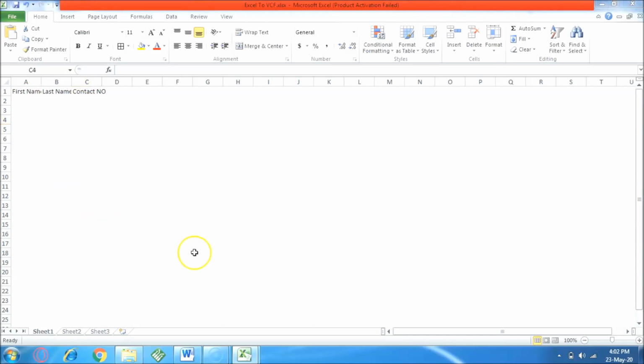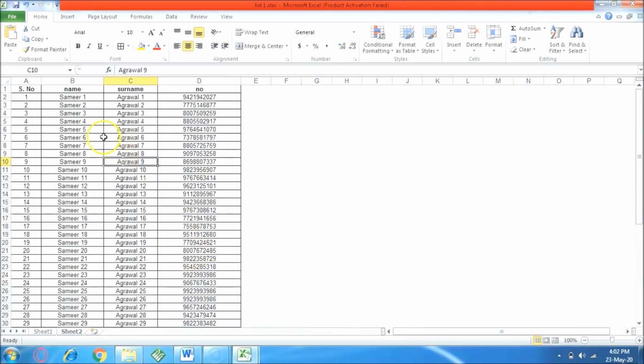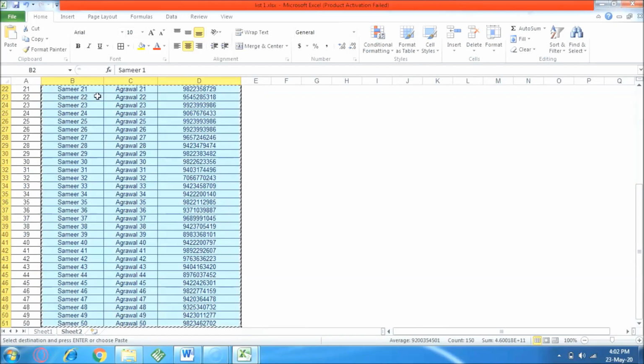So let's say we have this list. From this I want to add only this first name, last name, and number part. Rest everything should be removed. So I'll copy these things, and while copying, make sure you copy only the values.